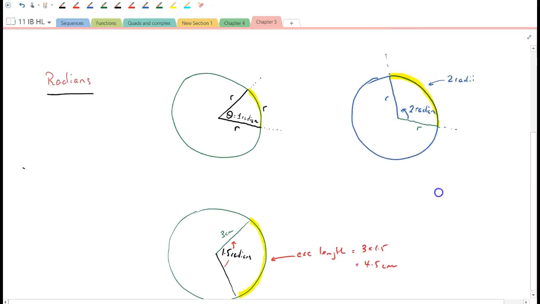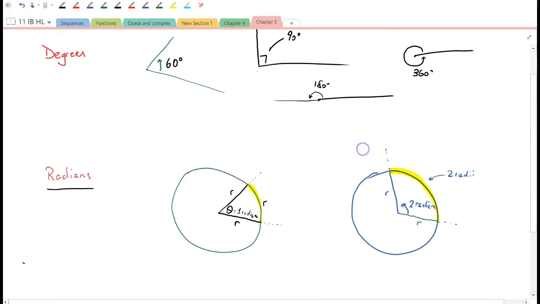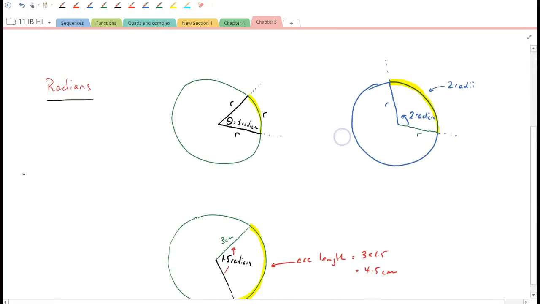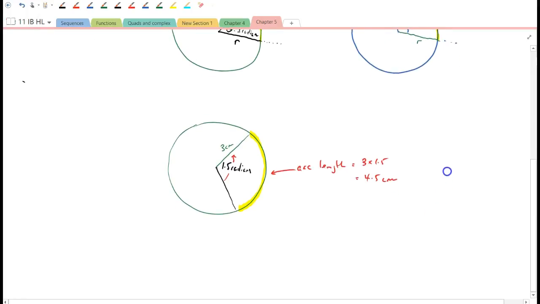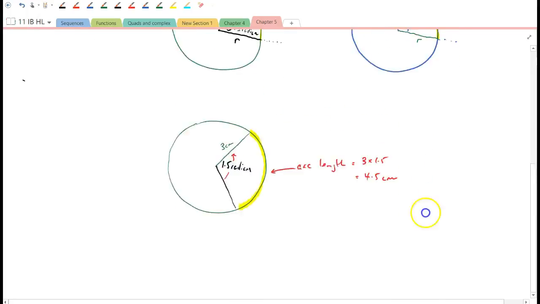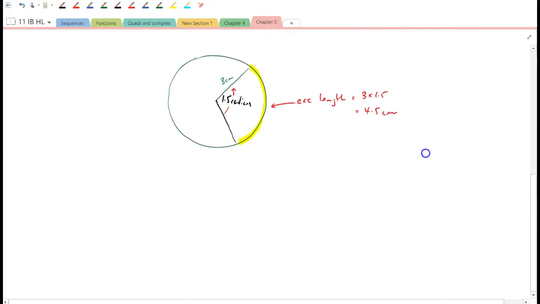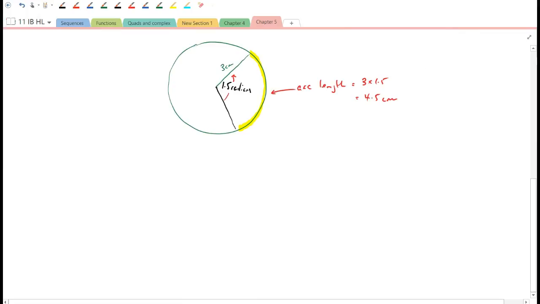So it's a human construct, but then again, so is degrees. Degrees is always going to feel more comfortable to you, but radians is what we're going to start to use a little bit more of. So let's just have a think about this. Let's now start to look at conversions between them. So conversions between